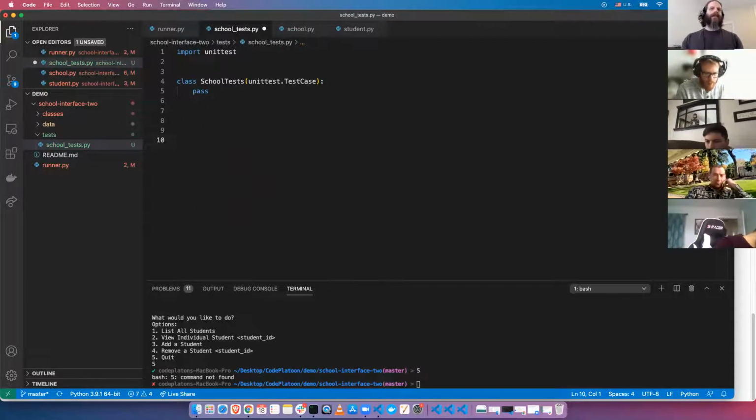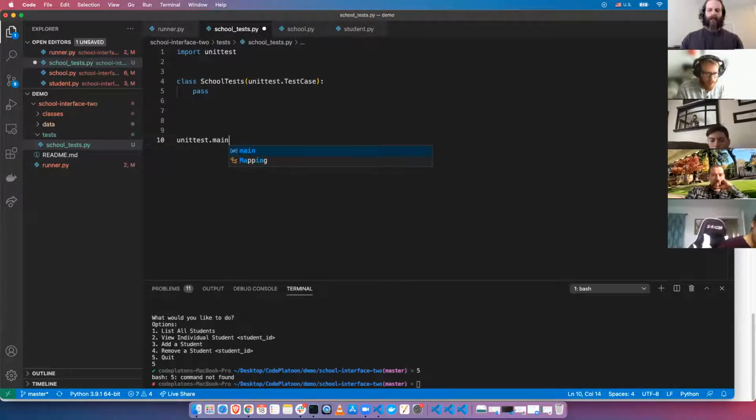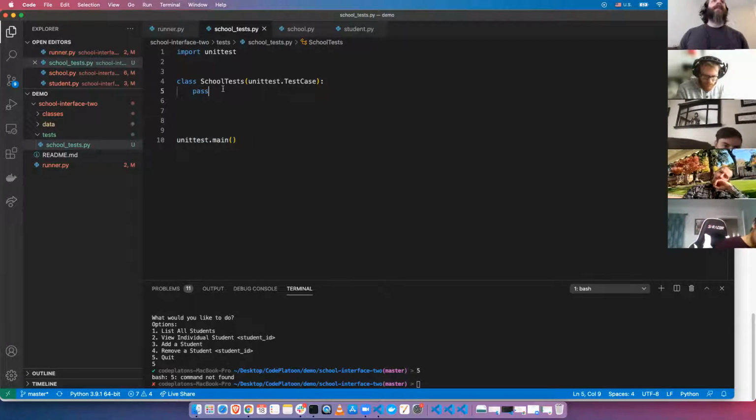And then we're also going to need to call unittest.main. You could also do the if __name__ equals __main__ thing, but here it doesn't really make much difference. So we'll just call unittest.main at the bottom. And now we've got our school tests set up. So we're going to have to write some tests. We're going to test the